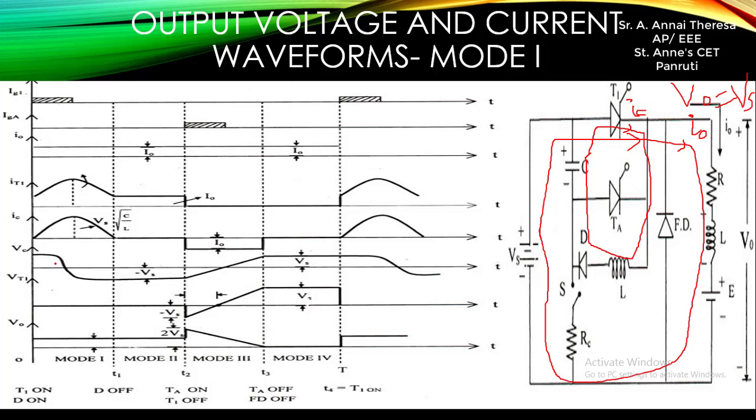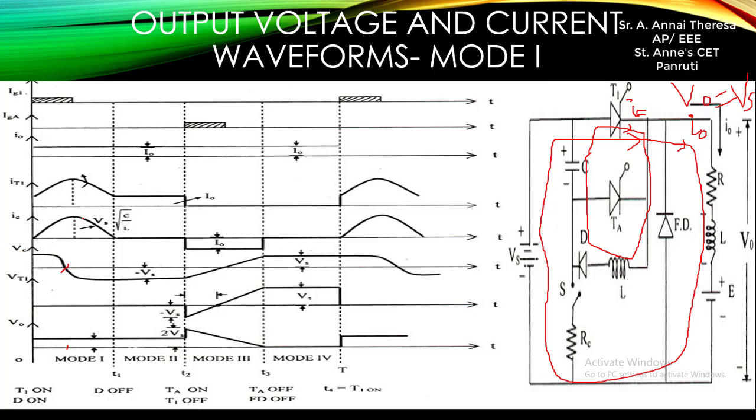At time t equal to 0, the capacitor current rises from 0 to a maximum value. When it reaches its maximum value, the capacitor voltage reaches its 0 value. So here the capacitor current is maximum and the capacitor voltage is 0. Here the time is t1 by 2. At this time the charging current is maximum and the charging voltage is 0.